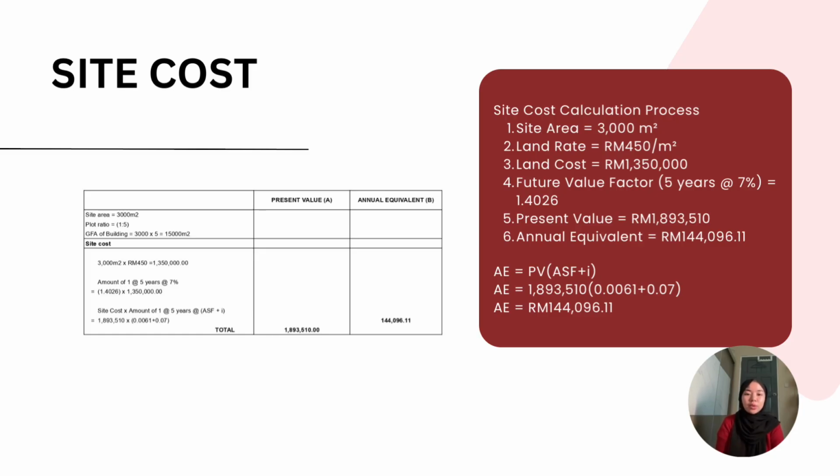Since the land was acquired 5 years earlier, the cost is adjusted using the future value factor at 7% interest, which is 1.4026. By multiplying 1.35 million ringgit with 1.4026, we obtain a present value of